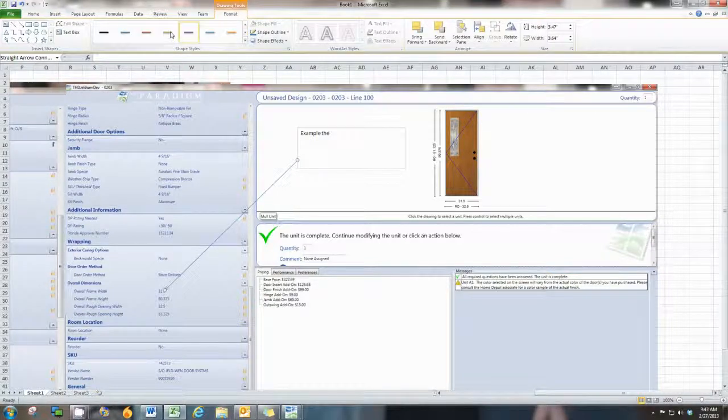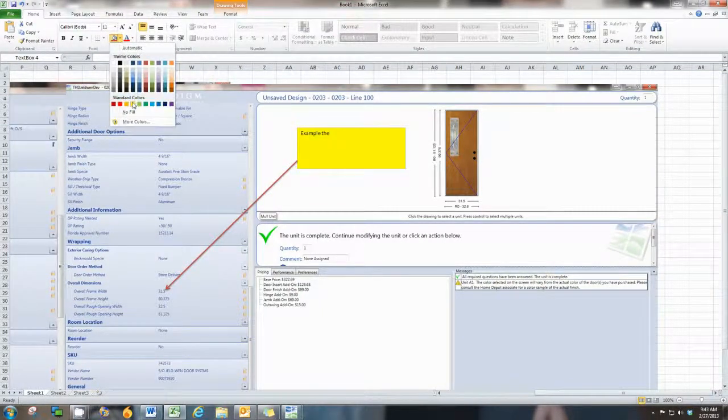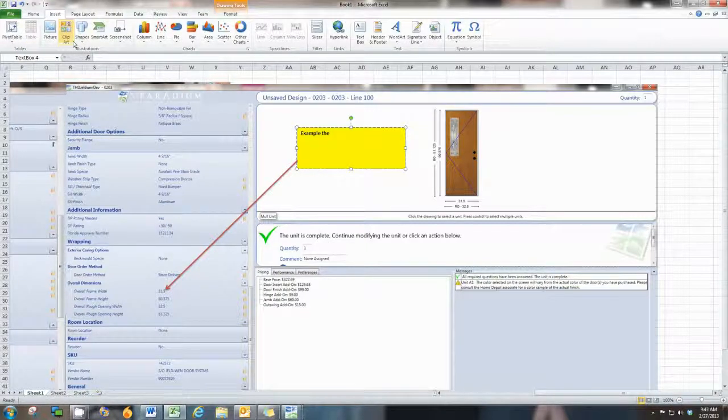Click on the box. Let's see, once you click on the box, it should give you an option where you can change the color so it stands out, and give it a bold. And then if you want to add another arrow because there's another issue in that same one, then go to shapes, arrow,